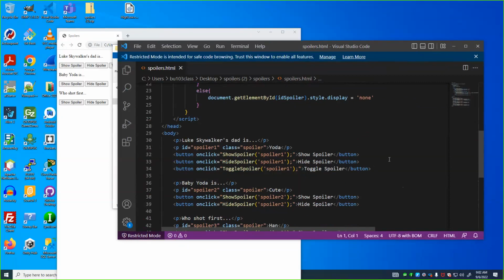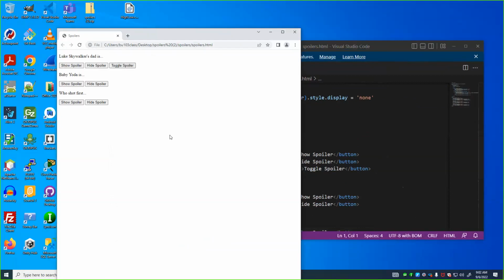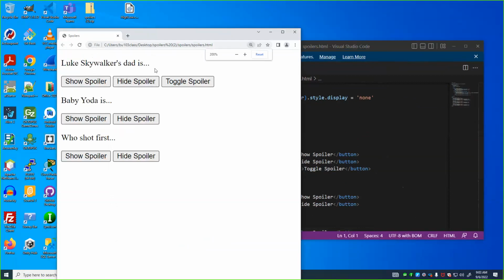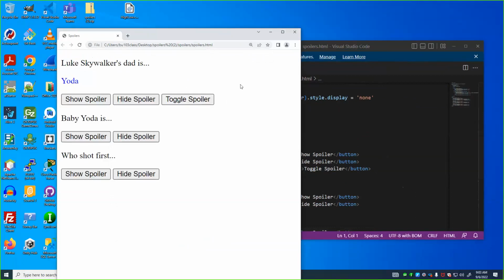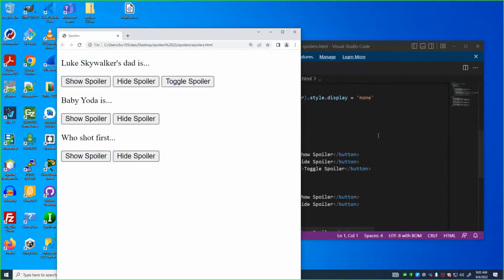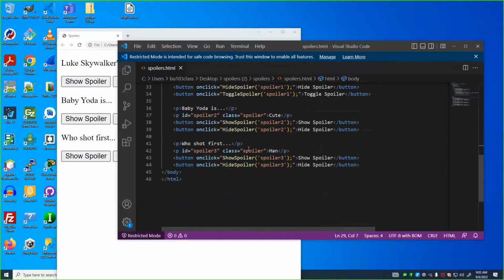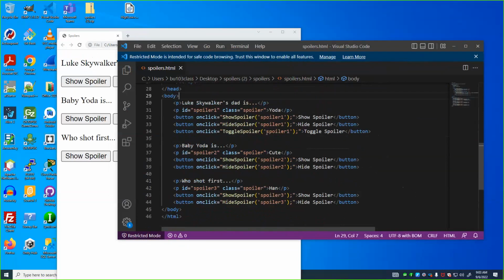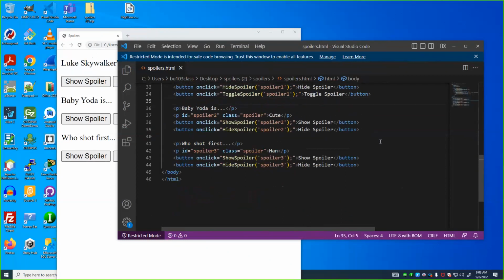Where we left off last time is we wrote a function to toggle the spoiler. That is, if the spoiler was shown, it would hide it. If the spoiler was hidden, it would show it. So in this case, the spoiler is not shown, it's hidden. When we click toggle spoiler, we show it. When we click it again, we hide it. The way that works is when we click on this button, we call the function toggle spoiler, and we say what ID we want to toggle. In this case, it's spoiler1,